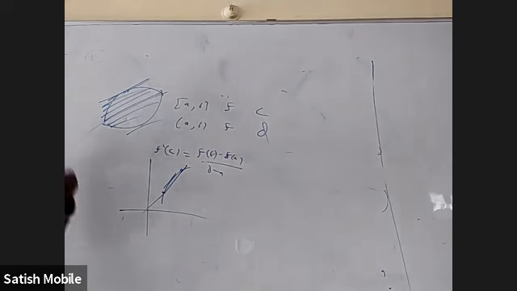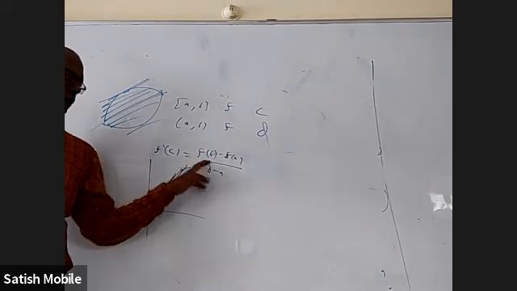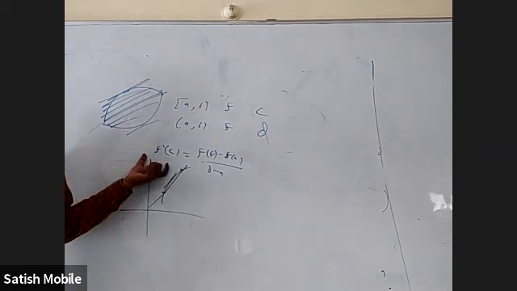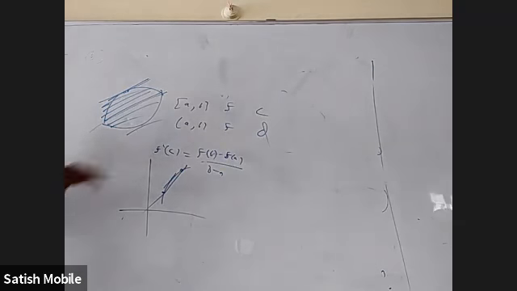So if they ask what is the C of Lagrange's mean value theorem for so and so function, they will give you A and B. You find f dash C and equate it to this number. You will get some C value. Okay. Sometimes it can be used in some other way.